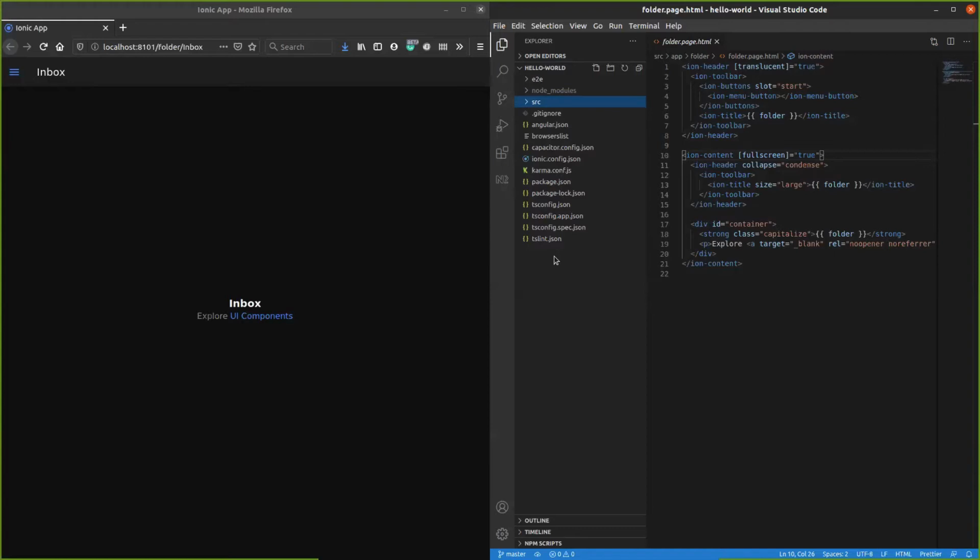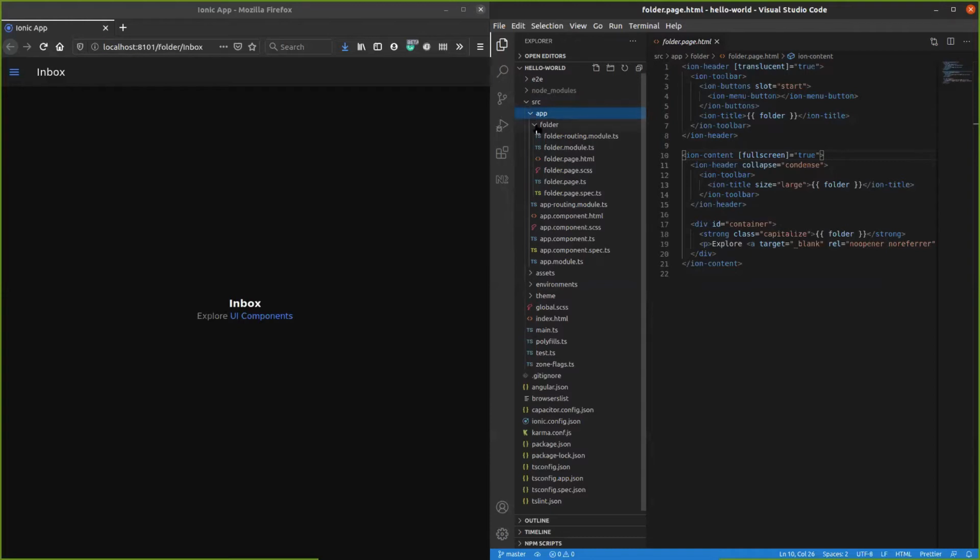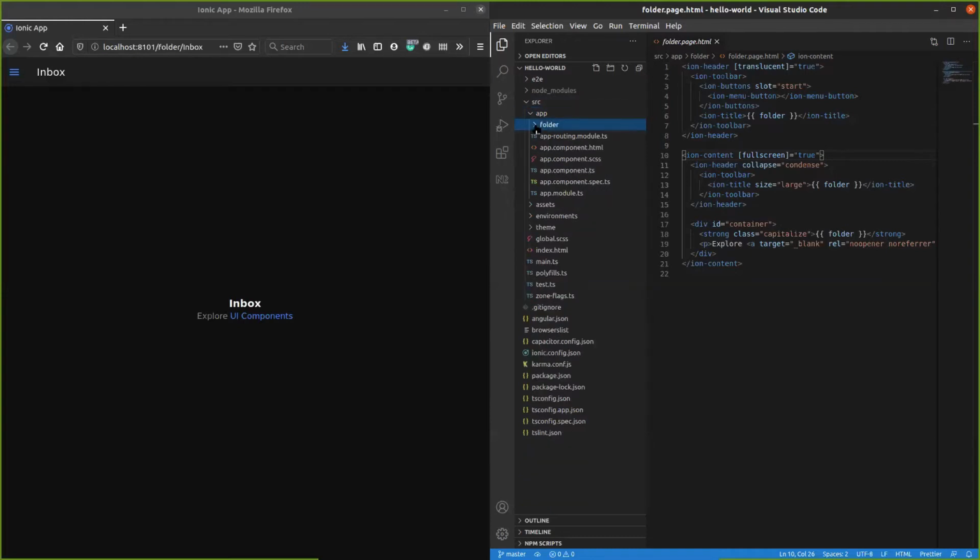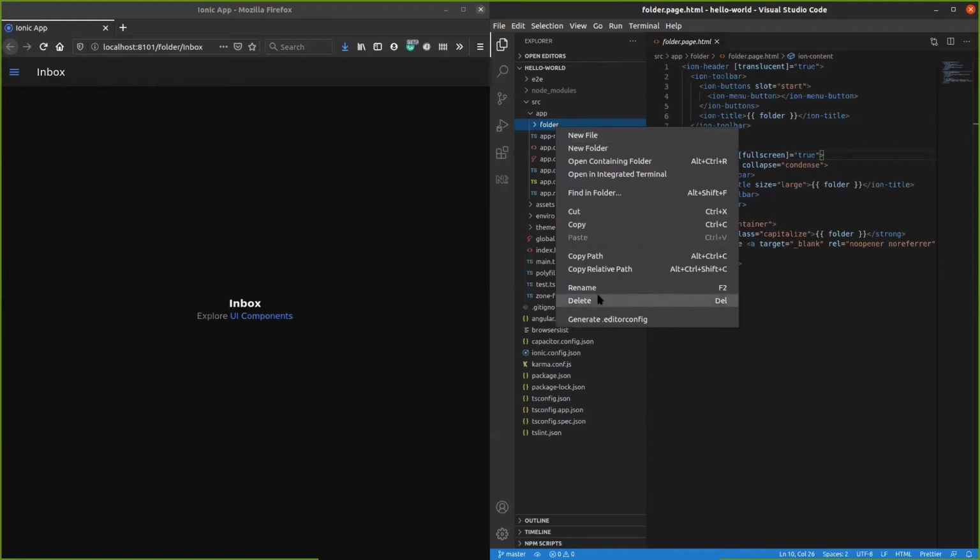You don't need to be afraid as this is very similar to Angular. We'll be concerning ourselves with only a few number of files. So first, let's go inside source, then app. If you remember, inside Angular, we created a component named home. The folder is very similar to that and is pre-built in the side menu template. Let's remove this as we would be creating our own component now. So I'll delete this folder